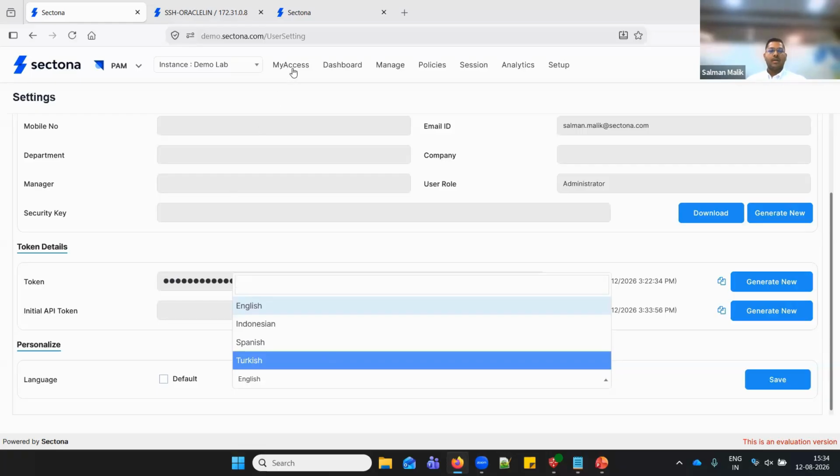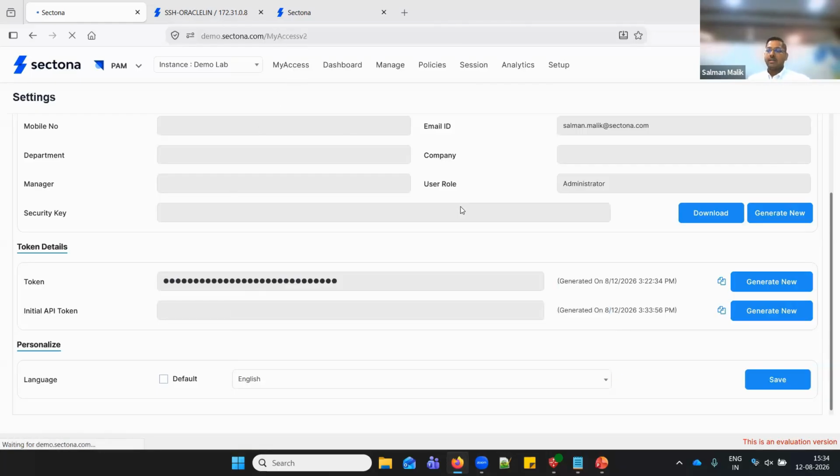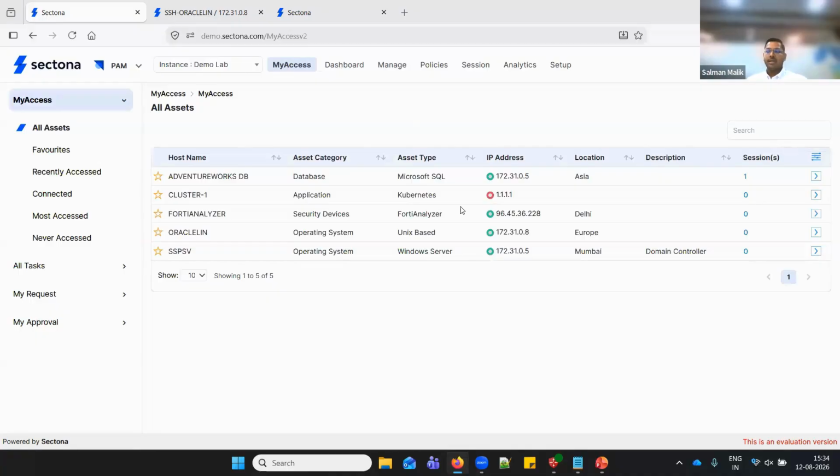Right. Apart from this, the other two points we have are the 40-plus pre-built connectors, which we keep on adding. For the asset type and access type configuration, we have brought in more additional connectors as an out-of-the-box option for you. Of course, if you deploy PAM as a new system, or if you upgrade to this new version, you would have this new access type option defined in the system.